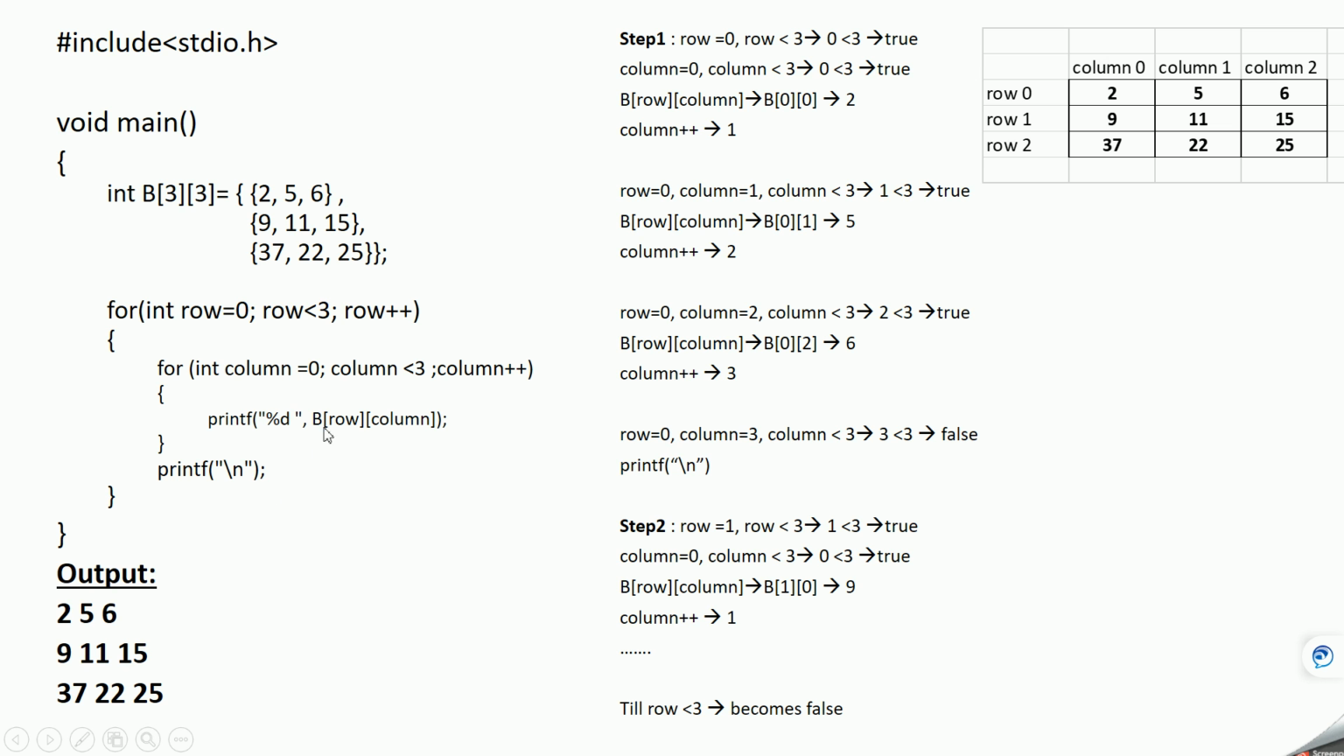So now this inner for loop is completed, and the control will come here. Initially the row value was 0, and till now we have processed the data of the first row. Now we want to process the second row, which means row 1. So when row plus plus happens, the row value will become 1, and this condition will be checked. Here the row value is 1, and 1 is less than 3,